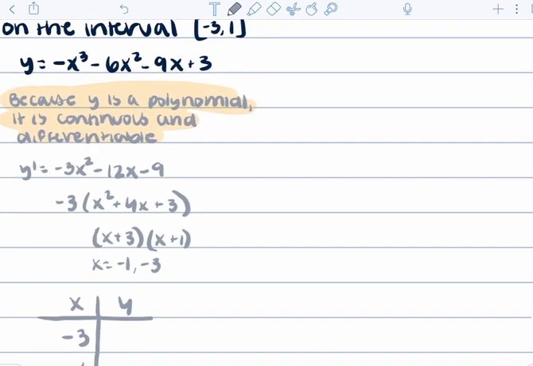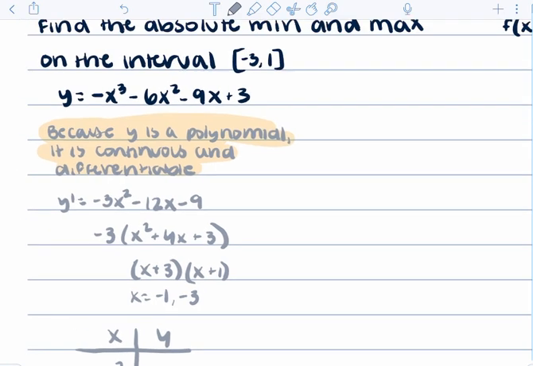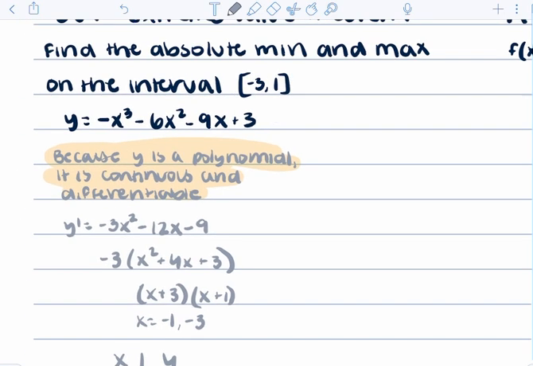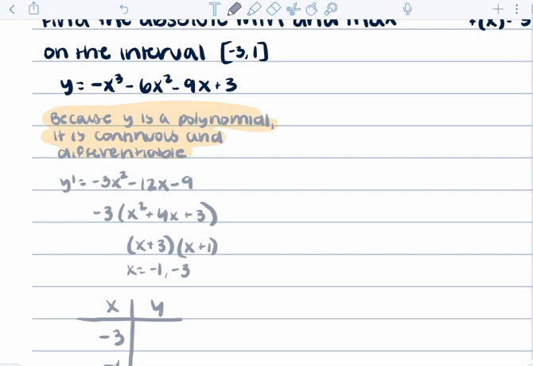On this side, we need to plug in these values into the original equation to see which ones are maxes and mins, and which one is the absolute max and the absolute min. So if you have a calculator, then it will be very easy. I do not, so